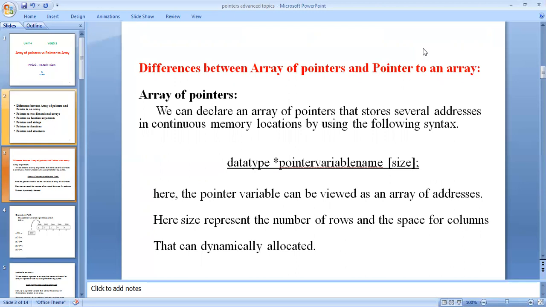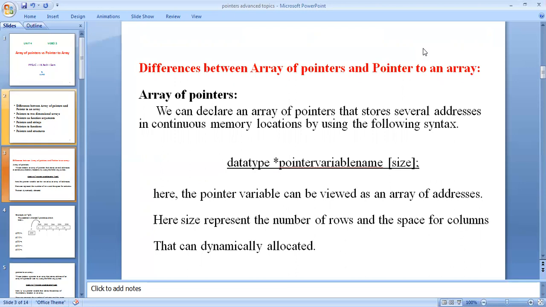It means that when you are using a pointer, that is addressing of the variable, and we are declaring or storing n number of elements in a single index location.